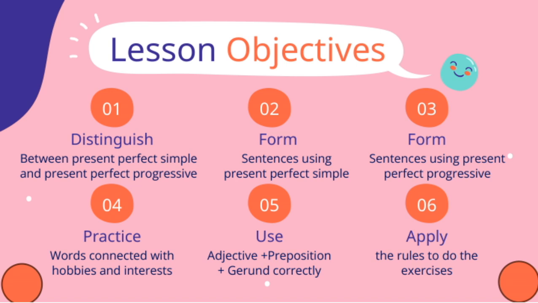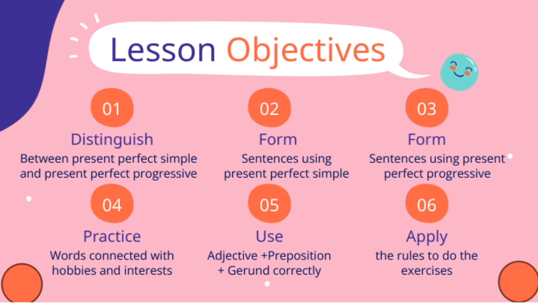We also need to practice forming sentences using the present perfect progressive, which emphasizes ongoing actions, and the present perfect simple, which highlights completed actions or experiences. It's crucial to understand the difference between these two forms so we can choose the right one depending on the context. Finally, our lesson objectives are to thoroughly understand these points, highlight the most important concepts, and connect everything to the overall theme of improving our language skills. Keep these rules in mind as you work through the exercises, and you'll be well on your way to mastering